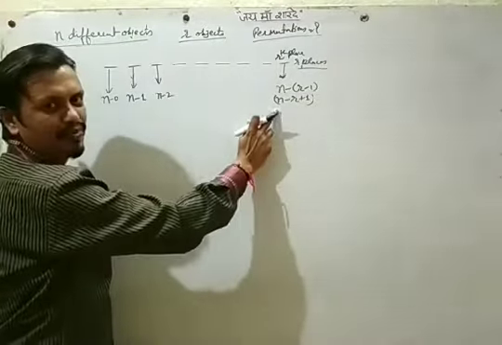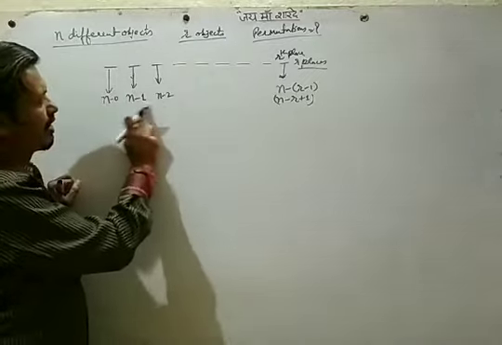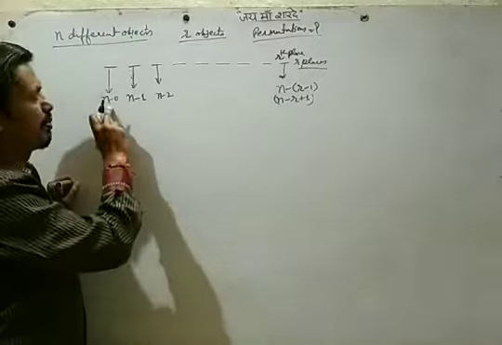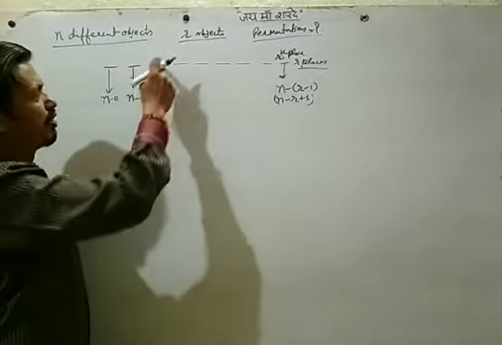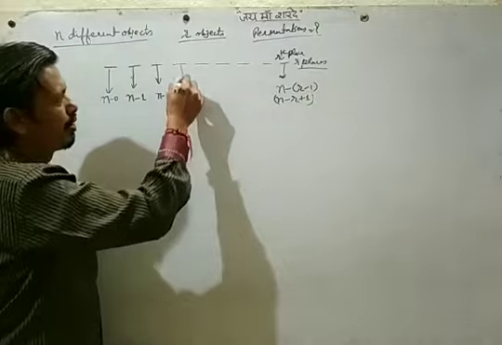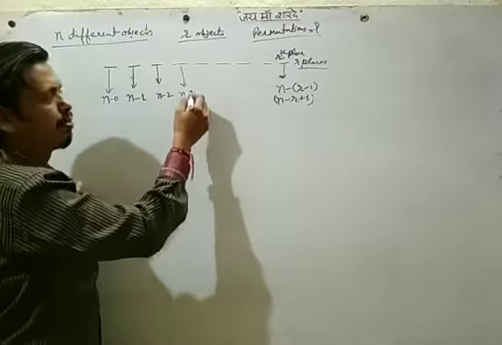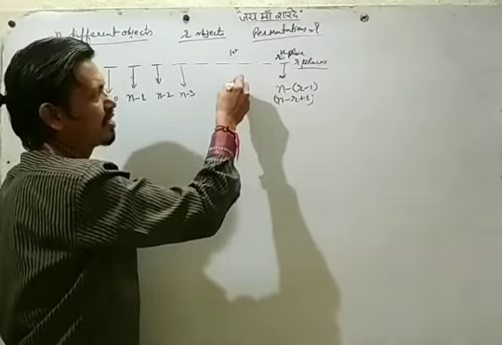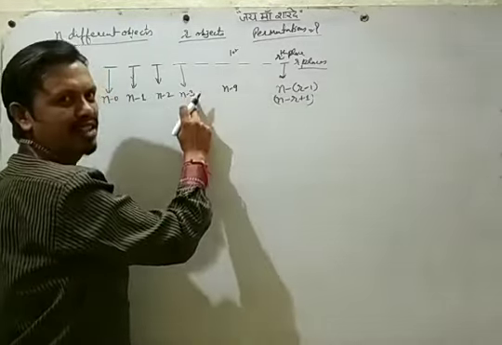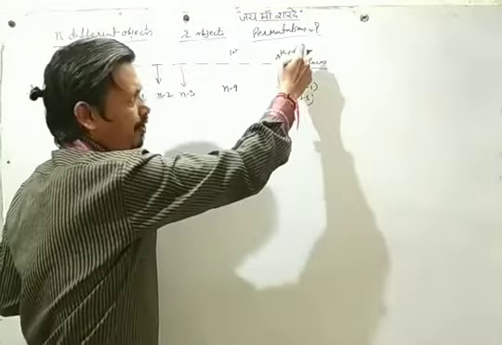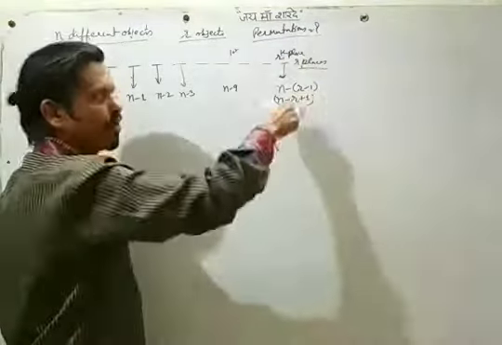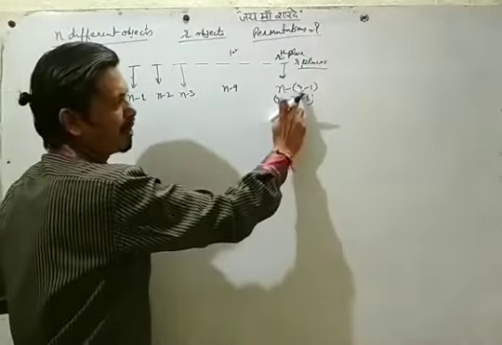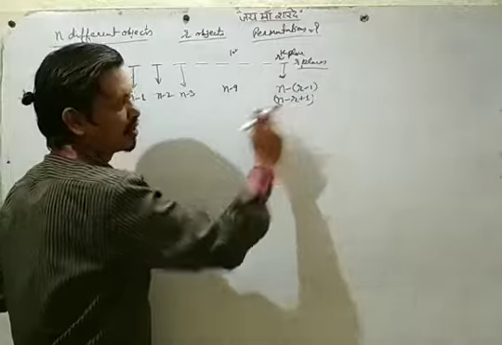Now that is clear. If you observe the pattern: n minus 0, n minus 1, n minus 2. For the first place we are subtracting 0, for the second place 1, for the third place 2. So next will be n minus 3 for the fourth place. In the same way, for the 10th place, n minus 9, 1 less. So for the rth place, it will be 1 less than r, meaning r minus 1. So subtract r minus 1 from n, which means n minus r plus 1.